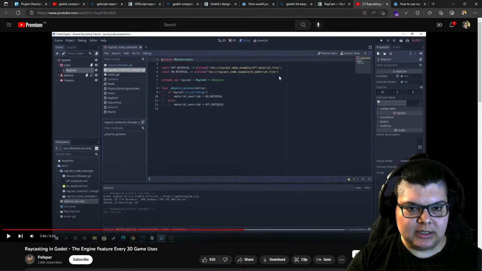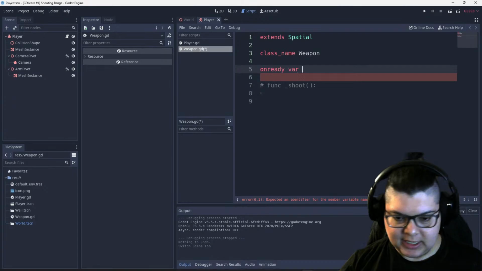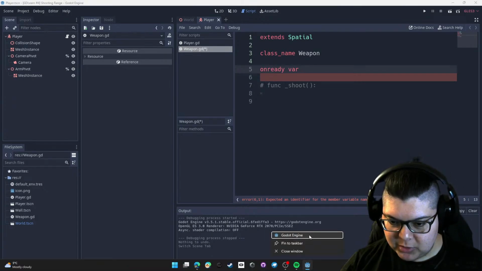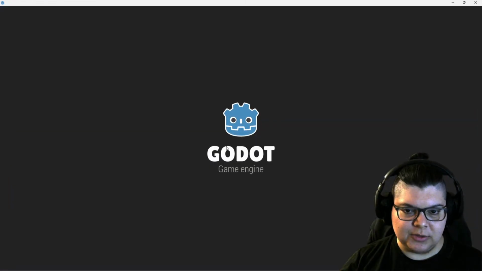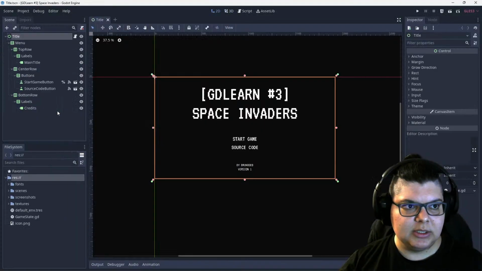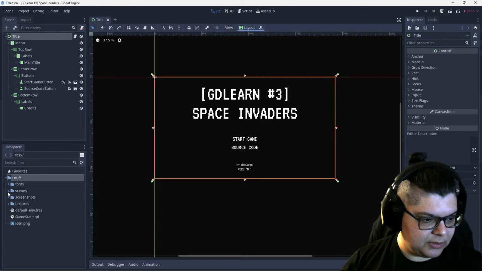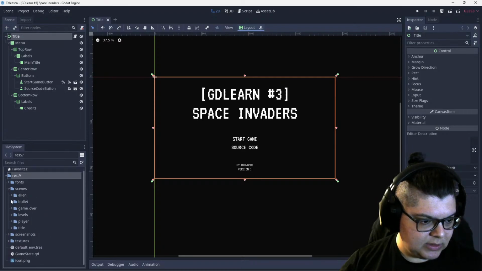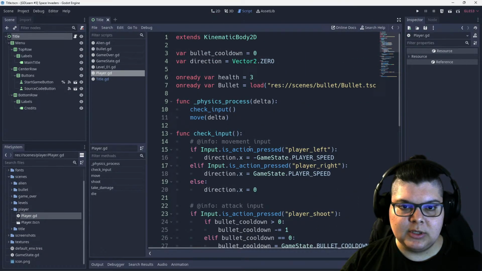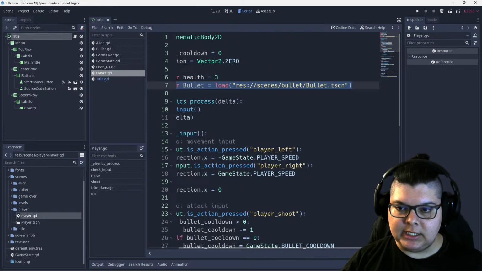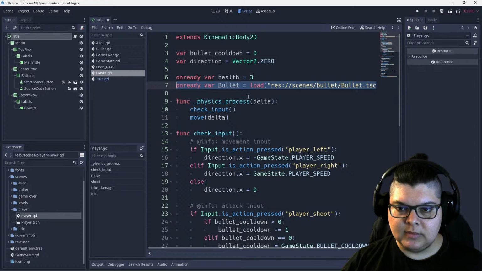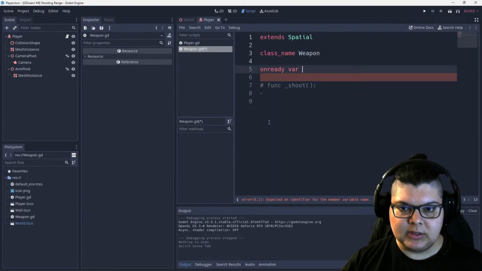How can I shoot? I have this in one of my previous projects. I think in Space Invaders I do this when I spawn in a bullet. If I go to scenes, the player, GDScript. Yeah, so first I have to load the scene, but in this case